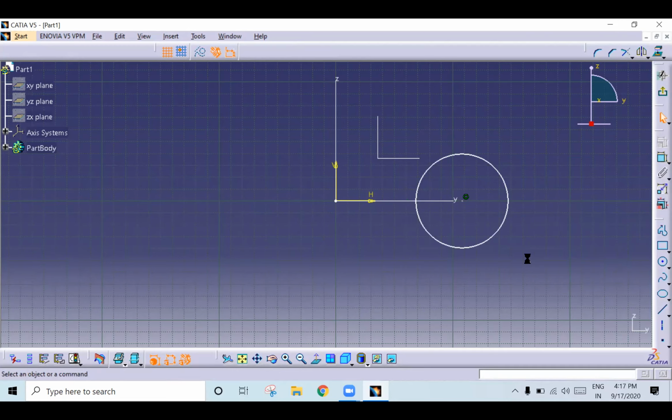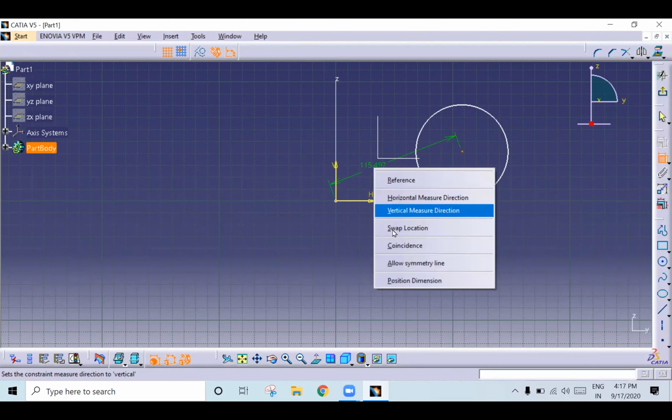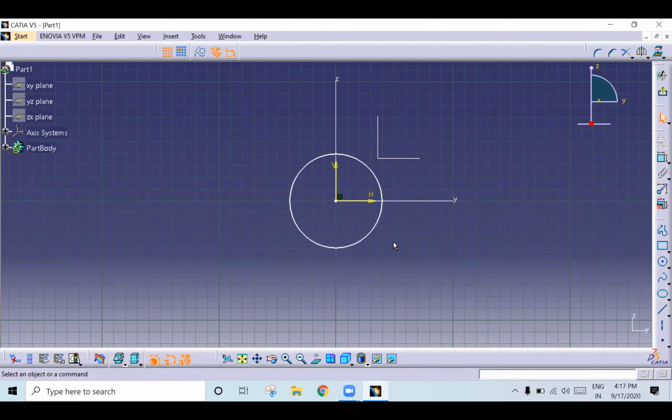Suppose you want to make this point coincide with this point, right click, Coincidence. Okay. Yes, sir. Fine. Then which is the next one?